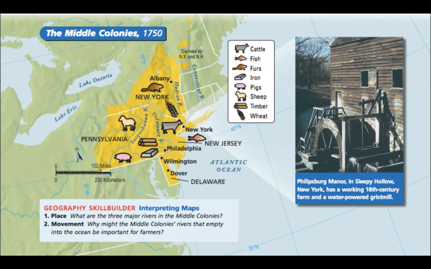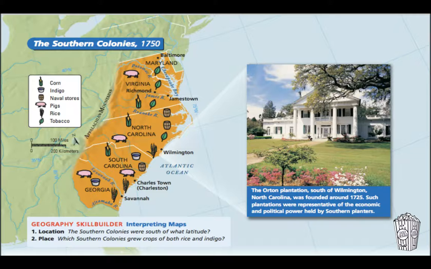Part of that was because their goods, like timber and iron, could be sent to another colony to manufacture and send across to England. And then finally, the southern colonies. And you can tell that these naval stores, where these little baskets are, naval stores are where you store naval weaponry. So their access to the Atlantic Ocean was less reliant upon manufacturing goods and more upon storing